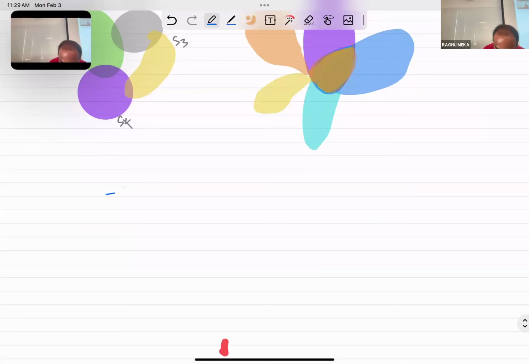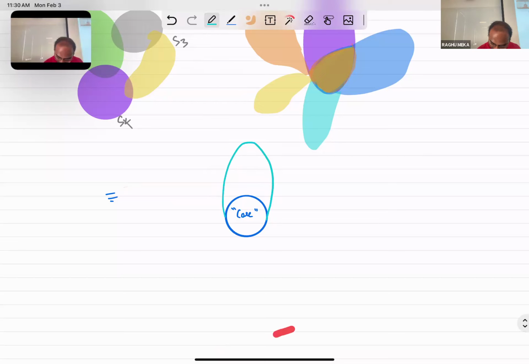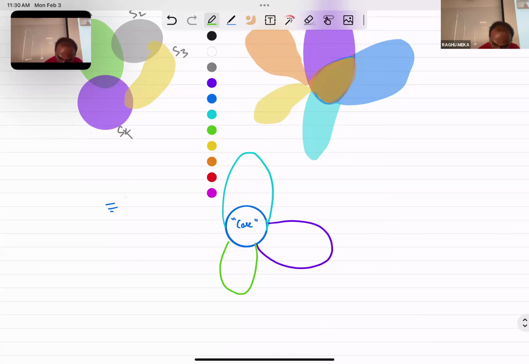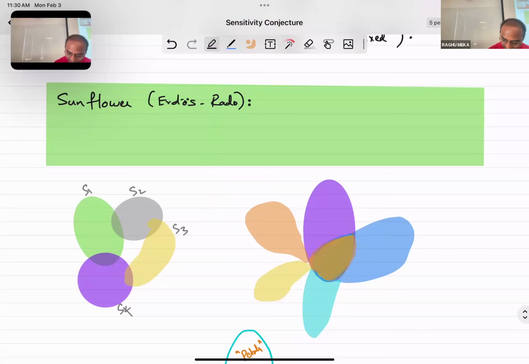Okay, so let me really draw maybe a combinatorial picture. So think of this as a core, right? And then every set is like this. It has the core and then something else. Okay, so these are called the petals, right? So a collection of sets